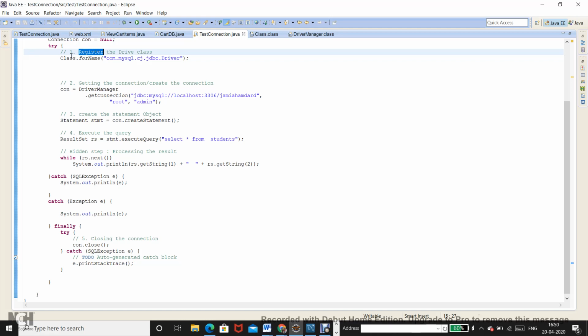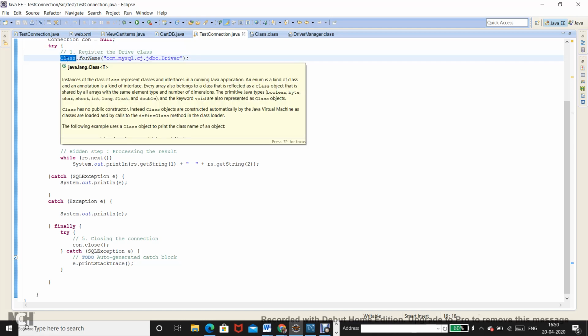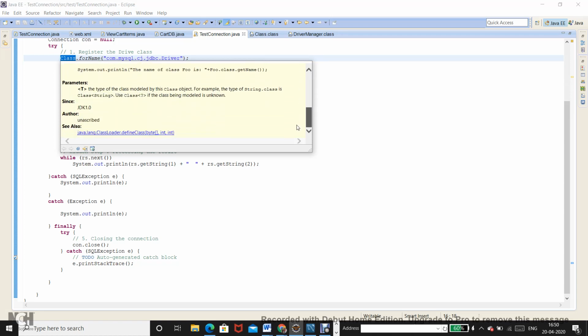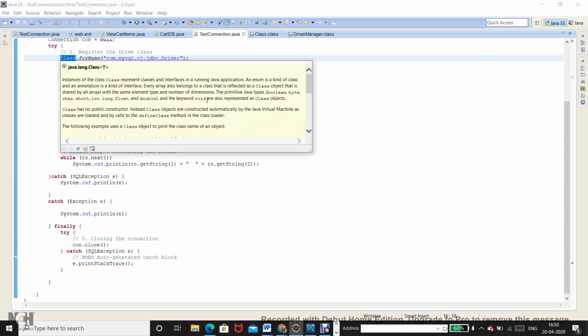Just Google what this class is. You see, when I select this, there is documentation which is coming over here. Go through this documentation, what this particular entity does, and you will be surprised to know that it's a thing which could be used in a lot of applications, like even the Eclipse IDE that we are using.